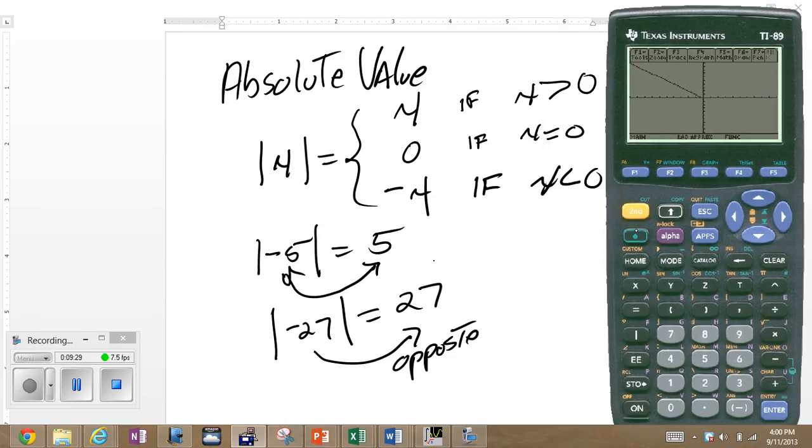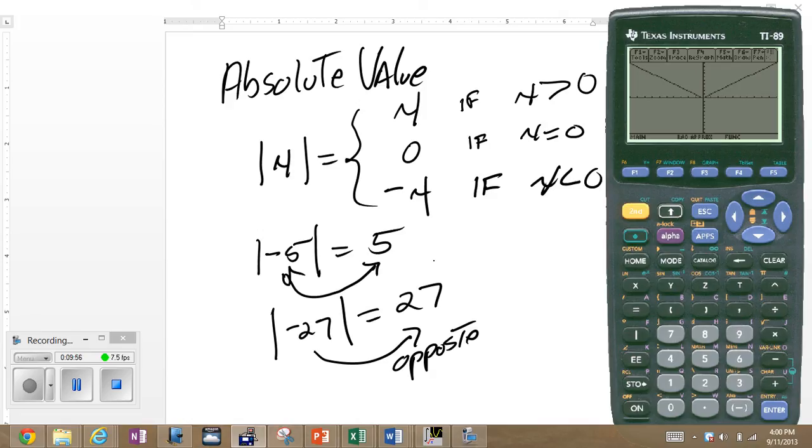All right, if we come back and turn them both on, looking at them together, there is the graph of the absolute value. And just to prove that that is the graph of the absolute value, we'll graph the absolute value, which will simply superimpose on the existing graph, showing no difference. And there you have it, a